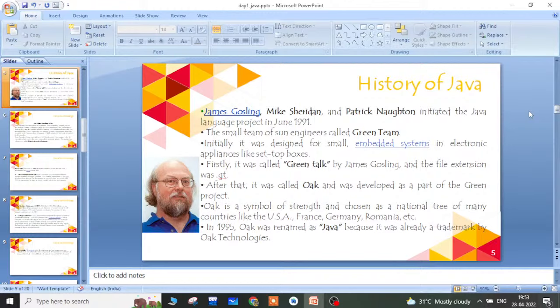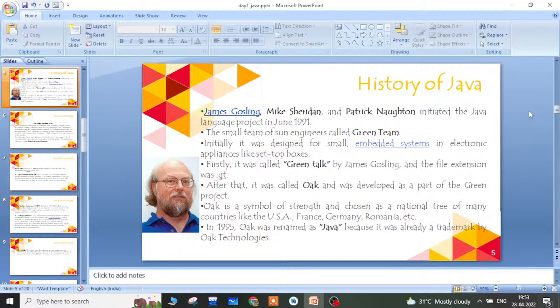In 2002, Java standard version 1.4 was released in February, which supports regular expressions, XML parsers, API preferences, and more secure updates.